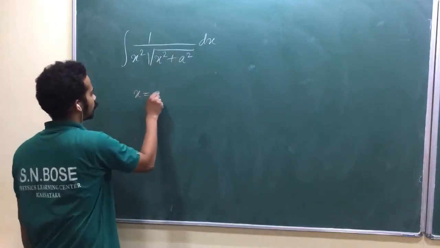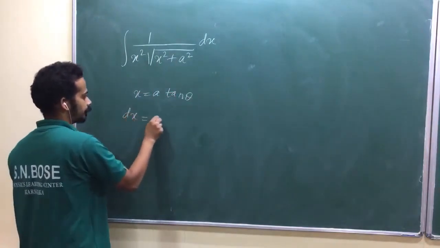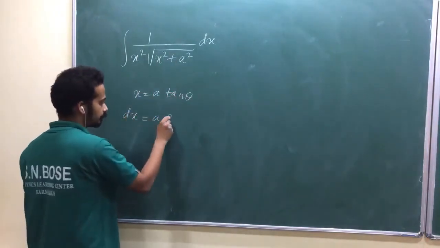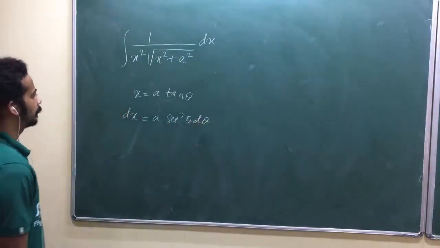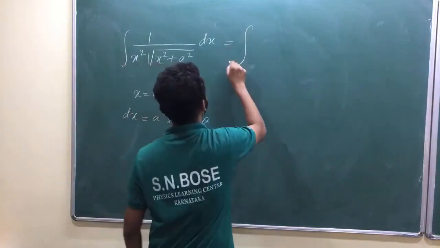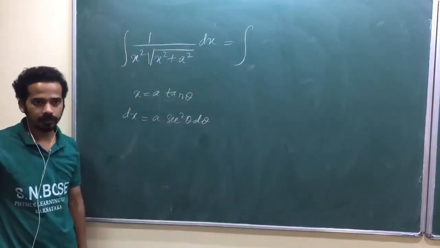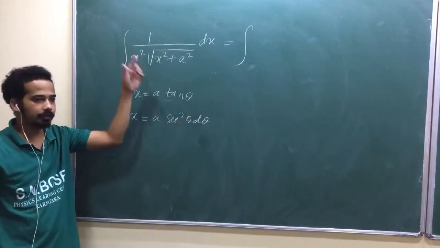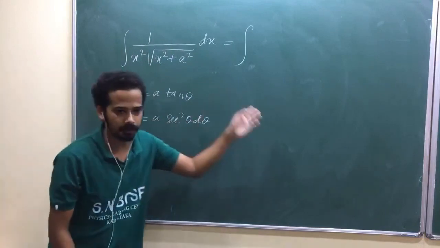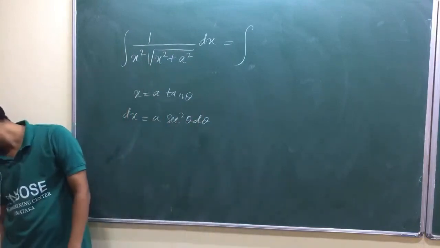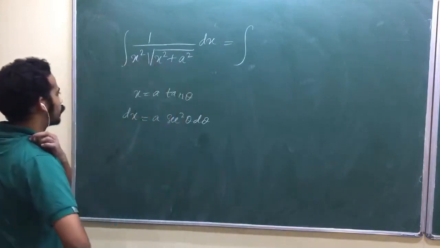If you substitute x equal to a tan theta, then what is dx? Tan theta differentiation, secant square theta d theta. Am I right? So now if you substitute, if you have a limit, according to this substitution, you should change the limit, okay? Or you can keep the old limit, but you should convert back to tan theta again. We shall solve that kind of problem again while doing application. Is that okay? So now look at it, that's equal to integral of